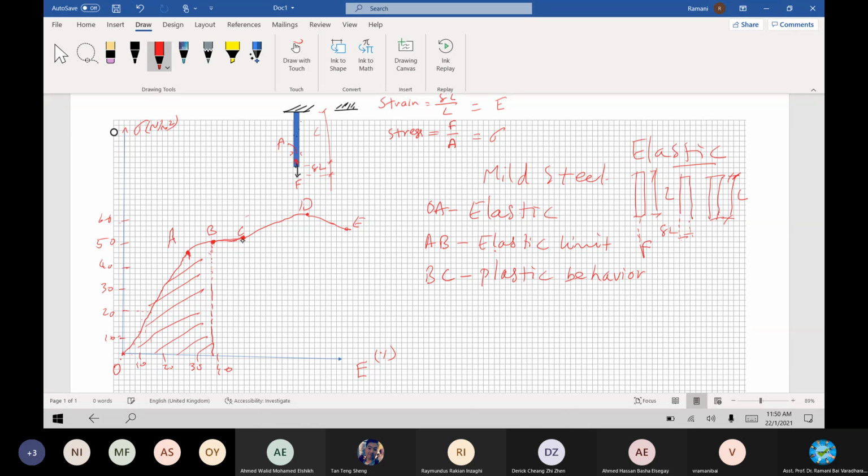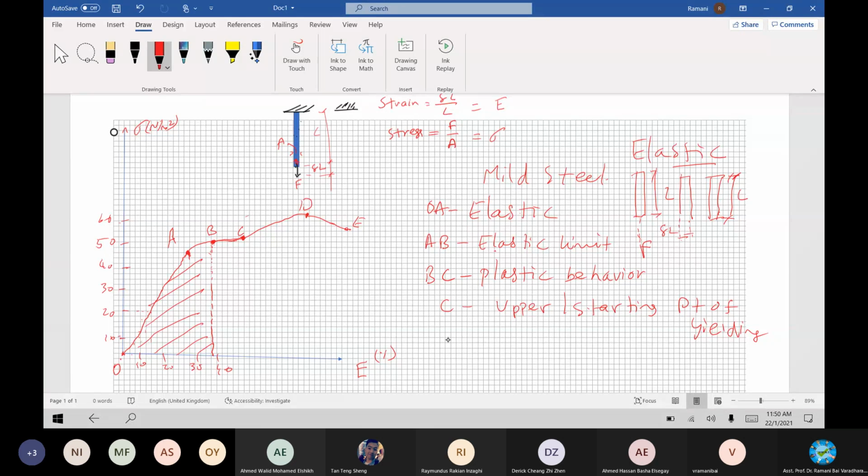And then it will start yielding at this point. C is the starting of the yielding, or upper limit of the yielding, or starting point of yielding. I think grid view, let it be there. After I finish the drawing, I remove the grid view. Started yielding means started cracking a little bit, not immediately breaking, just a layer or fibers getting broken or separated, reaching up to D.